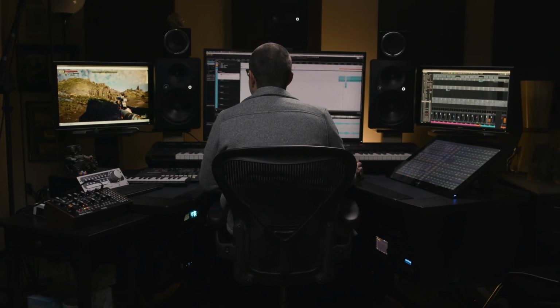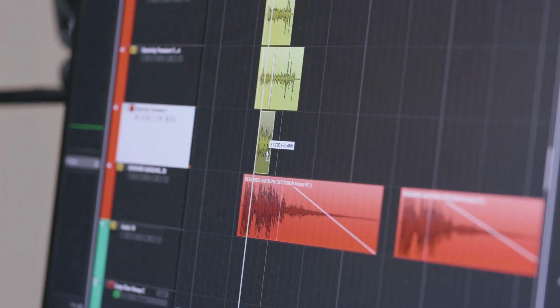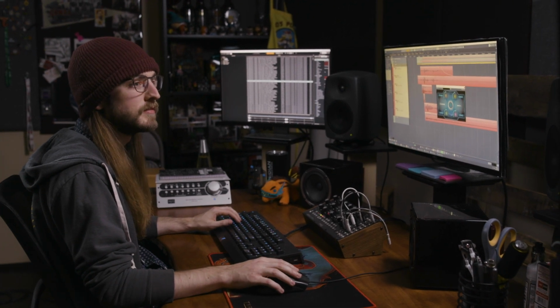And it just allows us to go straight to the point. You know, we're creative people, and we just want to make sounds and have that be heard in the game as quickly as possible. And all of the workflows that Nuendo offers us, we harness those things and we use them to our advantage to ensure that the game sounds as great as possible.